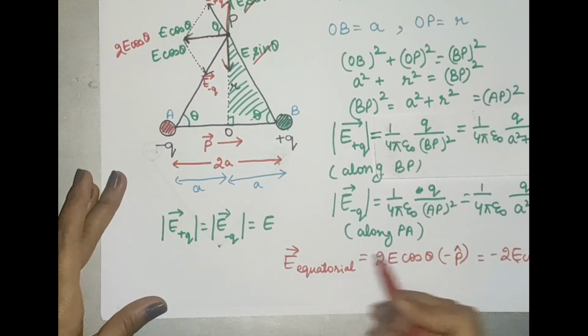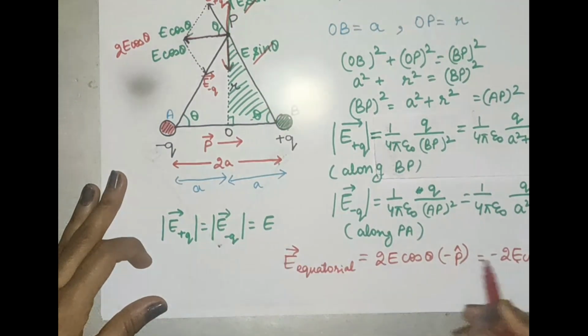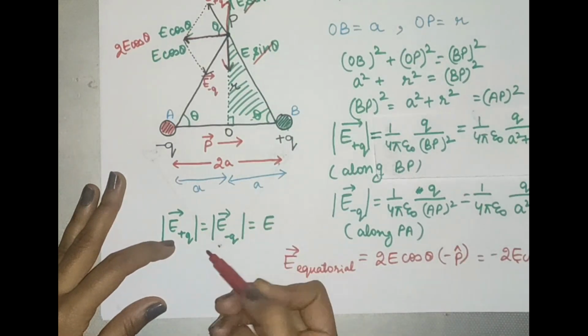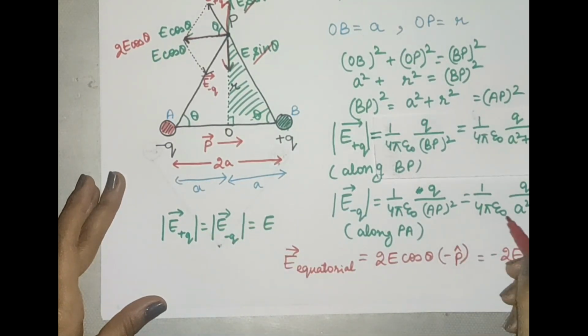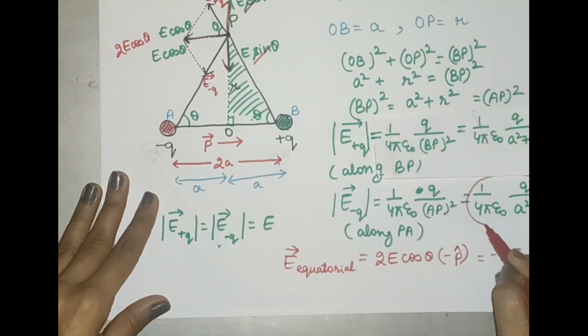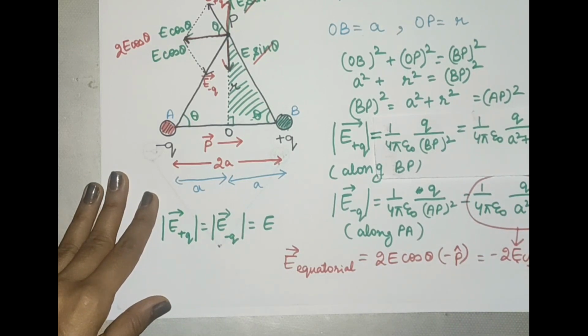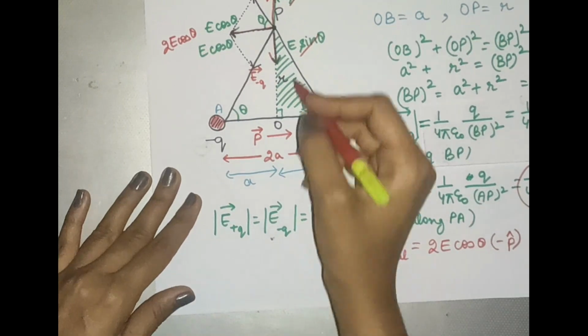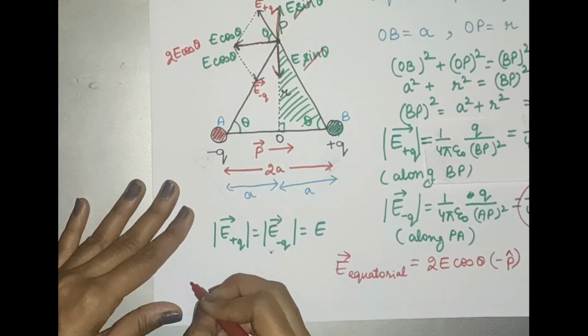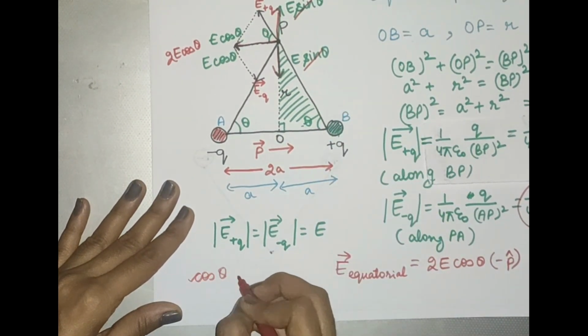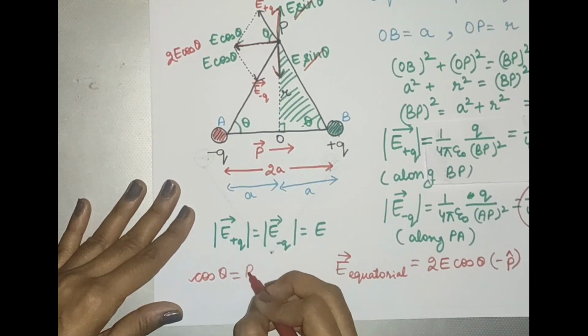I know the electric field is equal to the magnitude of E plus Q or the magnitude of E minus Q. So we'll be substituting this value instead of E, but we need the value of cos theta as well. So let us try to find the value of cos theta. Cos theta is nothing but your base